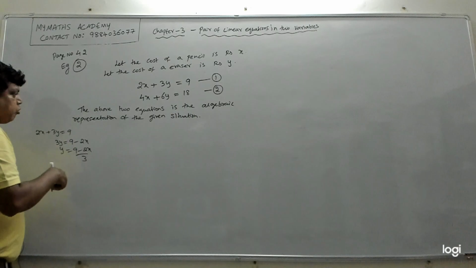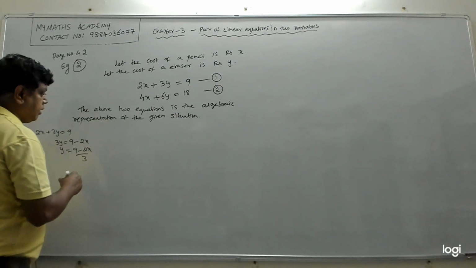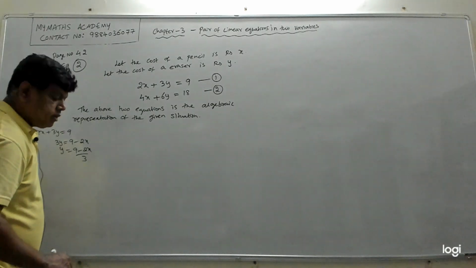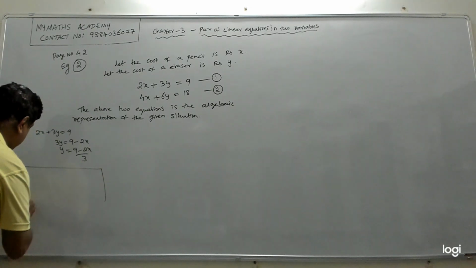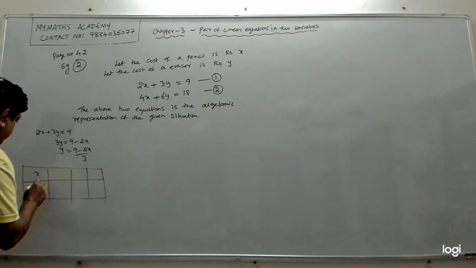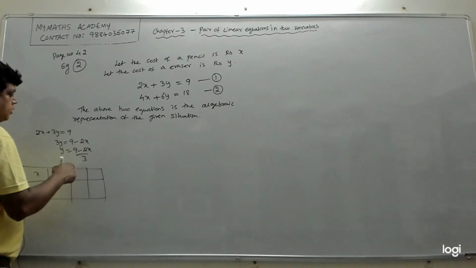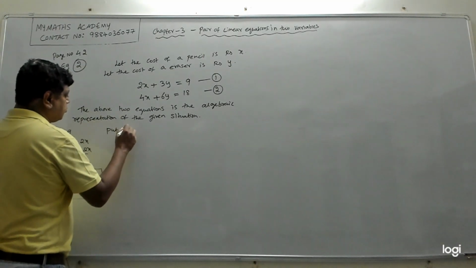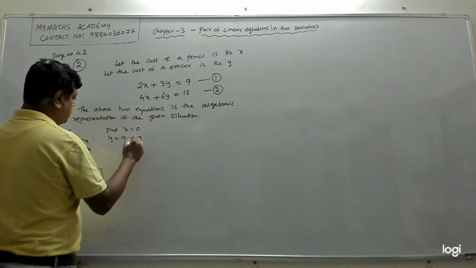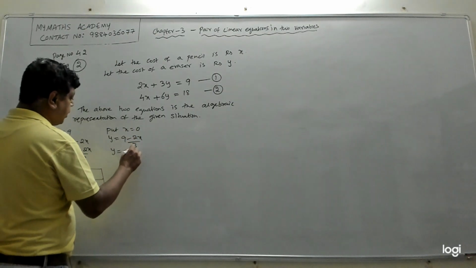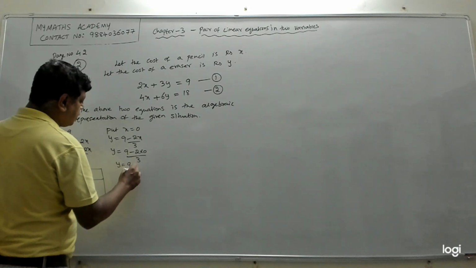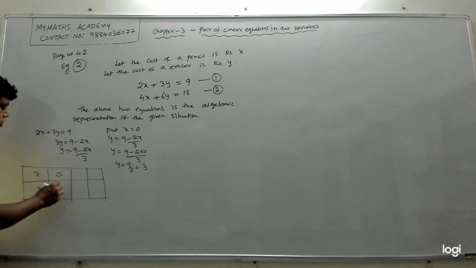Right? Now, what do we do? We will put the graph for this, so we will put the box. Fine. We'll put the box here. We'll try to plot. We'll try to get 3 points. So x, y. We'll put some points for x, starting with x equal to 0. If I put x equal to 0, my y is what? y is equal to (9 minus 2x) by 3, which means y is equal to (9 minus 2 into 0) by 3. So y is equal to 9 by 3, which is 3. So when I put x equal to 0, I get y equal to 3.